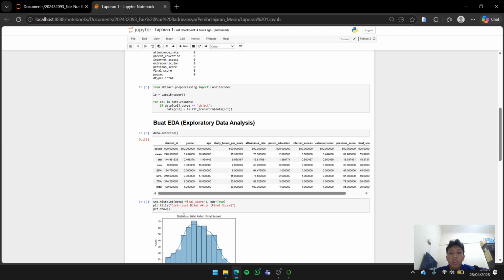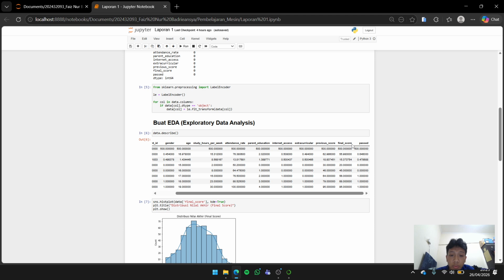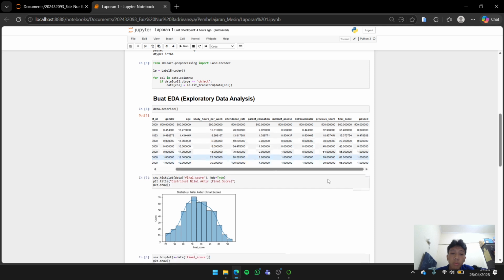Then I perform exploratory data analysis to better understand the dataset. I use the describe function to obtain statistical summaries such as mean, minimum, maximum, and standard deviation. From this analysis, I observe the final score variable has a wide range of values, indicating variation in student performance.